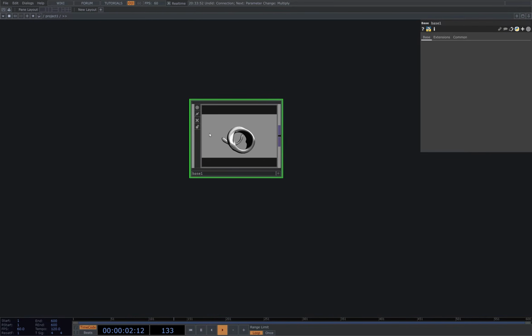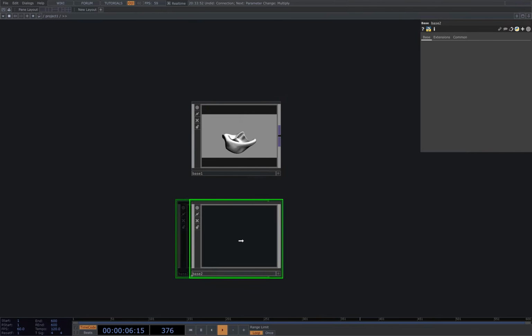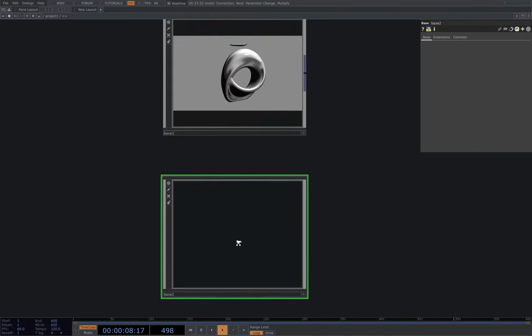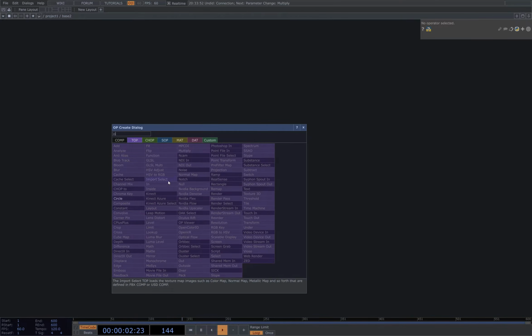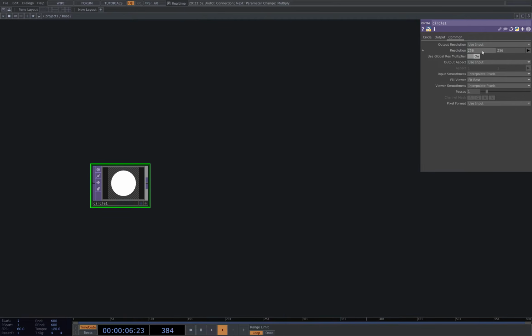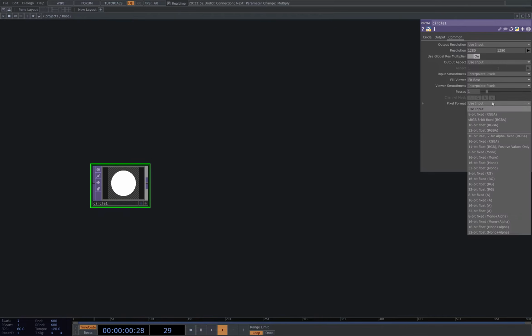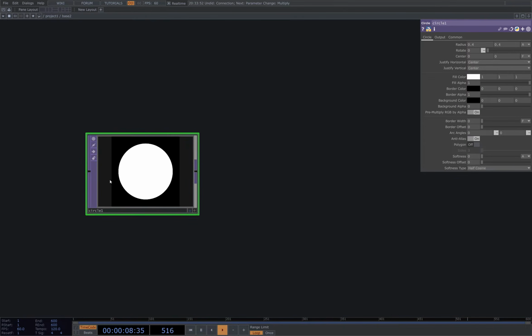Before we get started, let's talk about the effect we're doing here, and let's talk about it in 2 dimensions, because I think once we understand that, it's easier to abstract the whole idea to 3 dimensions. So I will quickly sketch this short network using a circle operator as a starting point, and I will increase the resolution. I will set the pixel format to 32-bit mono because we will need only one channel and I need high fidelity